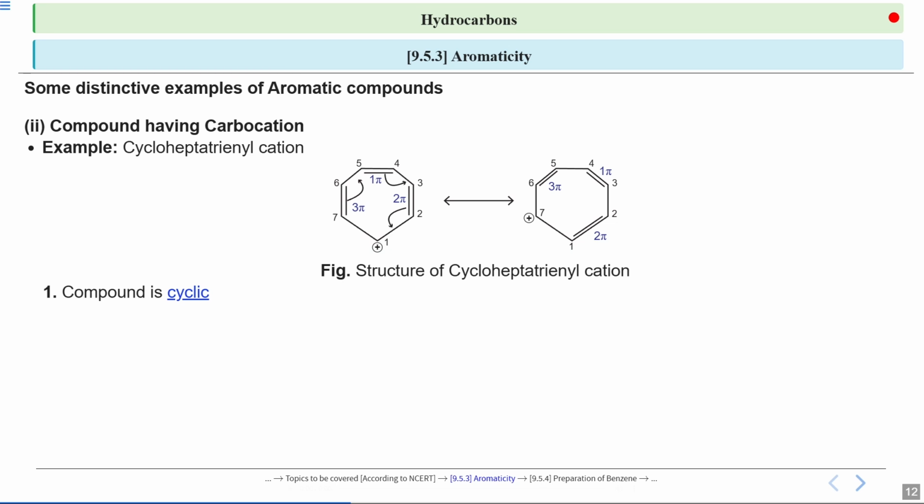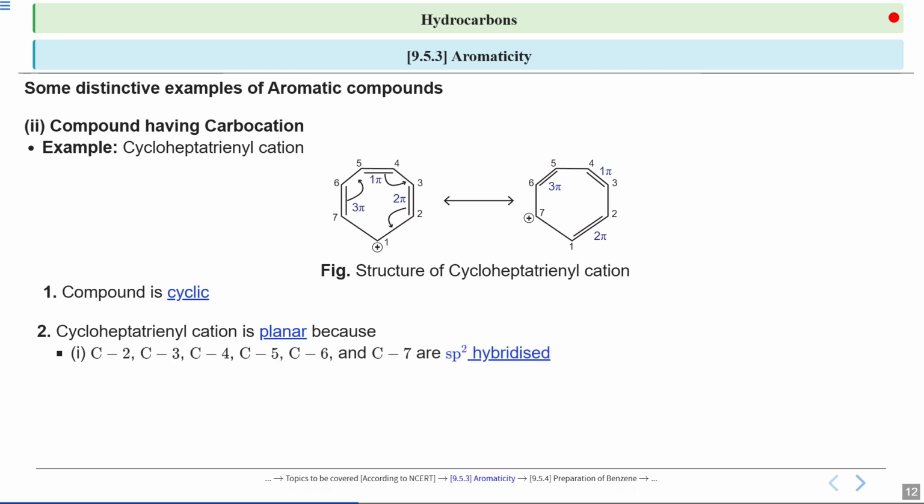We have seen this, and it is a 7-membered ring. Next, we have to see whether the compound is planar or not. For aromaticity, all the atoms in the ring need to be in the same plane so that the p orbitals can overlap. The cycloheptatrienyl cation is planar, which allows for this overlap and formation of a continuous ring of